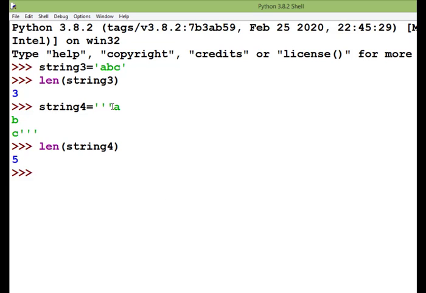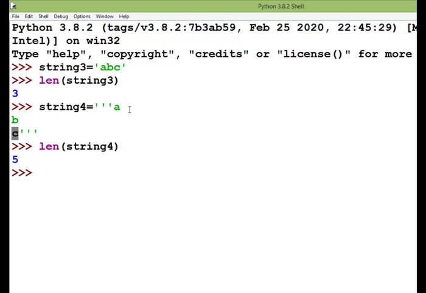So A is counted 1, and the enter key that I press, which carries return, that we call, I press the enter key here, 2, and then B 3, and one more enter key here 4, and then C, and I see 5.